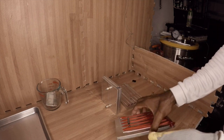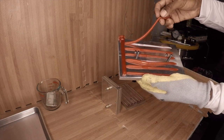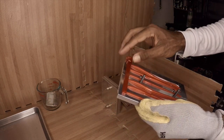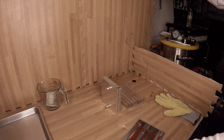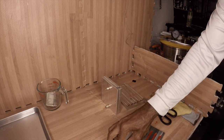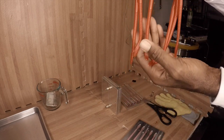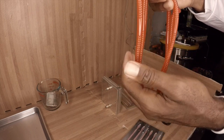Well, they came out good, but I can definitely tell you that they're a little bit on the light side, and I wanted them to be a little bit more darker. But let me get them out of this mold, and then I'll be able to see. Yeah, I can see that there's not enough. That's a beautiful color though, but it almost looks like it's translucent, and I know it's not,